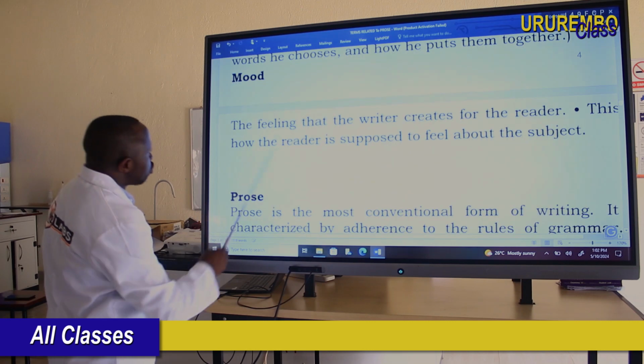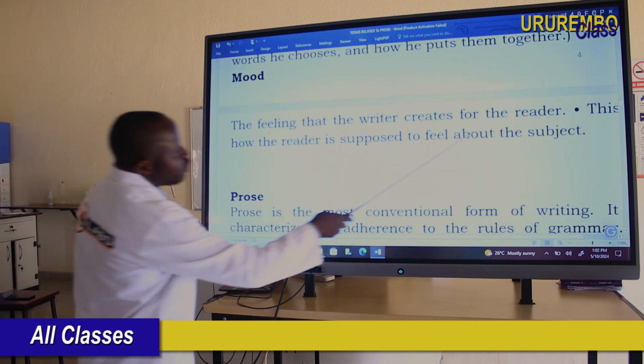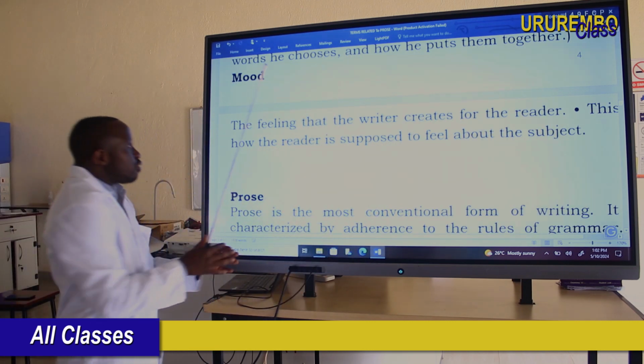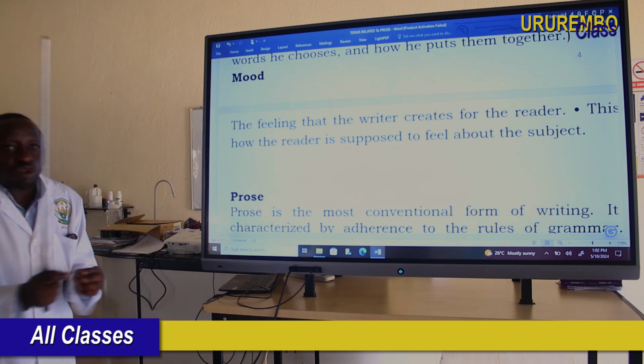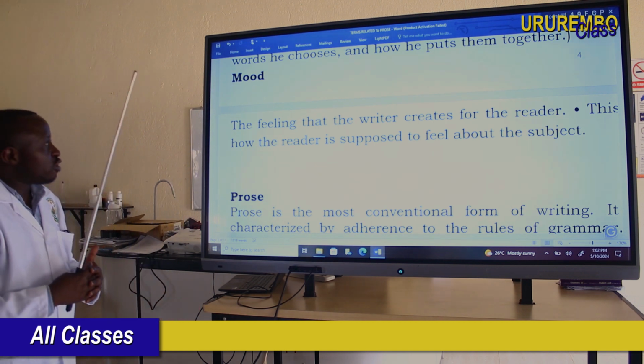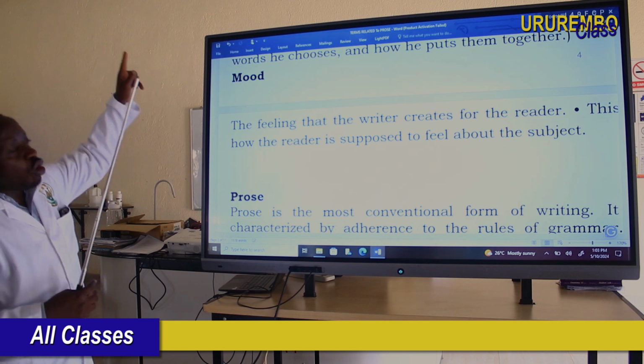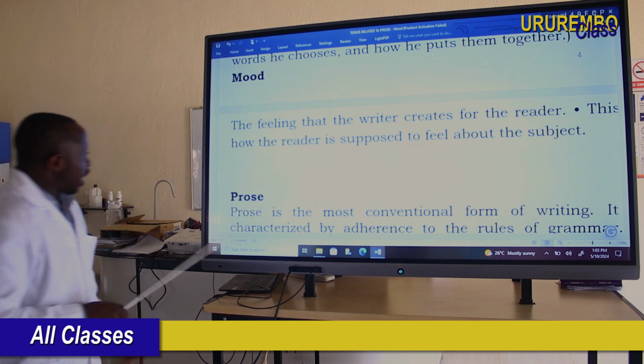So mood is also the feeling that the writer creates for the reader. What mood do you have after reading the story? What mood do you have? Okay, because of the tone of the writer. Okay, and then